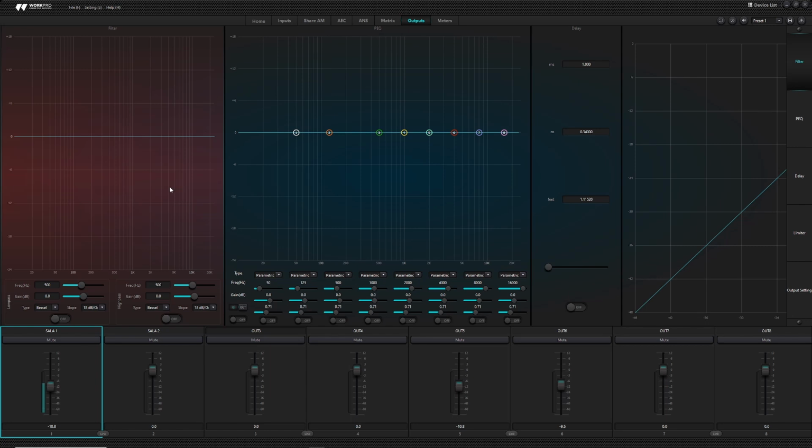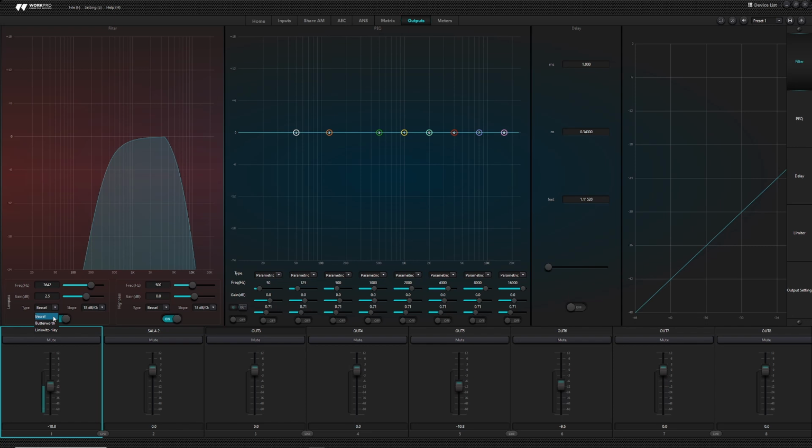Let's see the output channel Out 1 that we've renamed as Room 1. We go to the upper bar to Outputs. In this channel we will see how to apply the different filters. First, we activate it. On one side we have low-pass filters and on the other we have high-pass filters. We can vary the operating frequency, the gain,